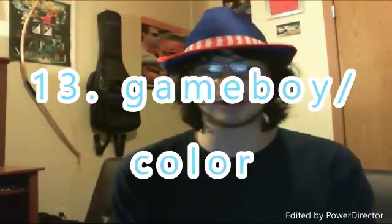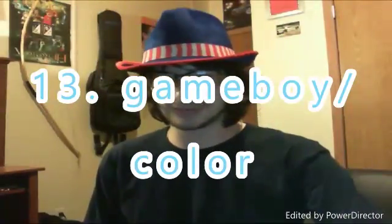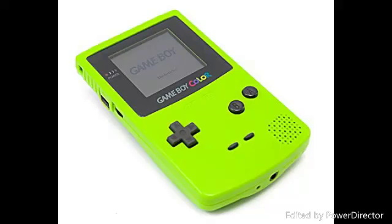Alright, so number 13 is the Game Boy / Game Boy Color. We're already starting with a double placeholder, but let's just hold on for a second here. First off, let me put in the images. And now we're back. Let me just explain this for a second. The reason the Game Boy and the Game Boy Color are holding the same slot, even though they are completely different consoles, and also considering the fact that, hold on,